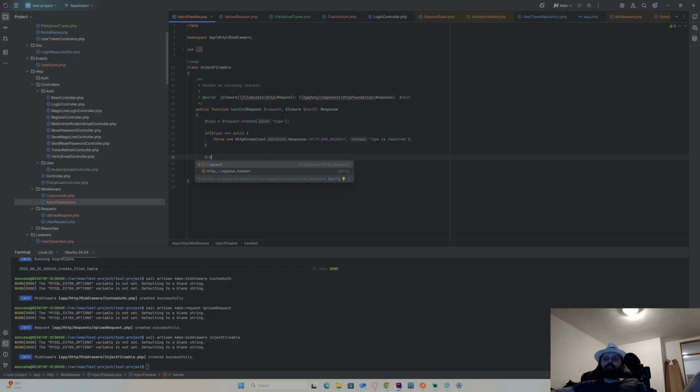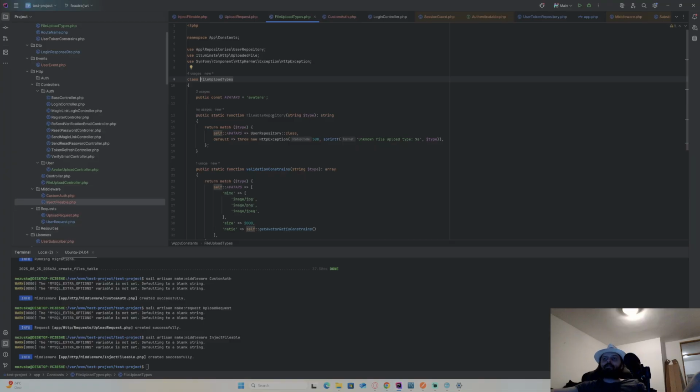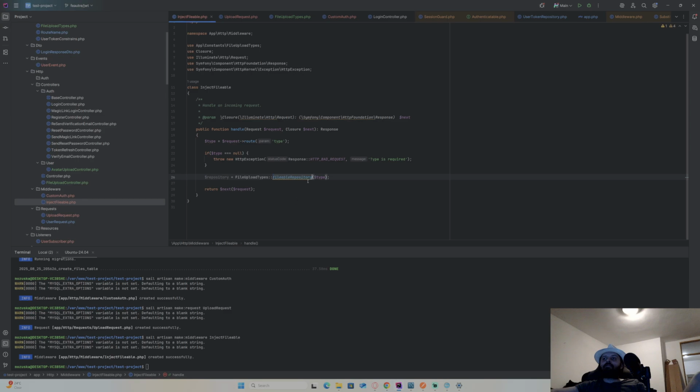Now I need to have my repository. Equals, this is going to be file upload types repository. It should show an exception, that's for sure. No. File upload types, file repository. Okay, take it from type. And now when I get the class, it's just going to be app make. I think it's app make. Let's just do it like this.